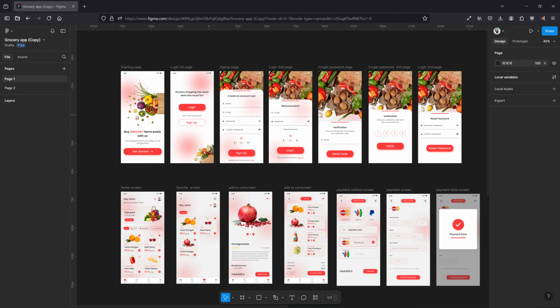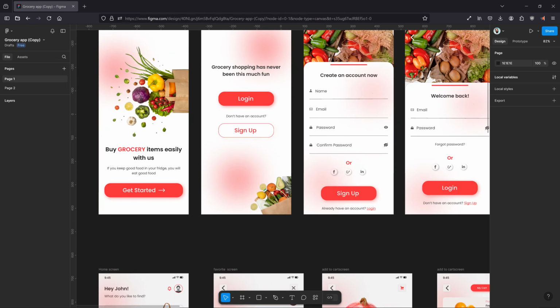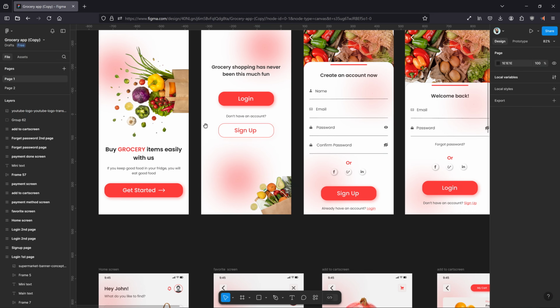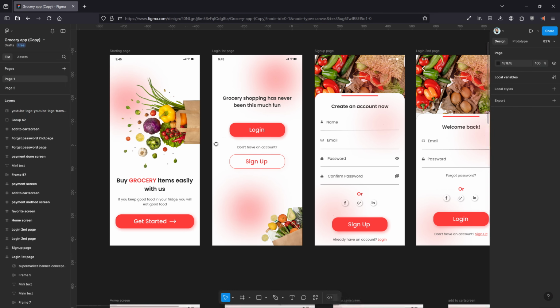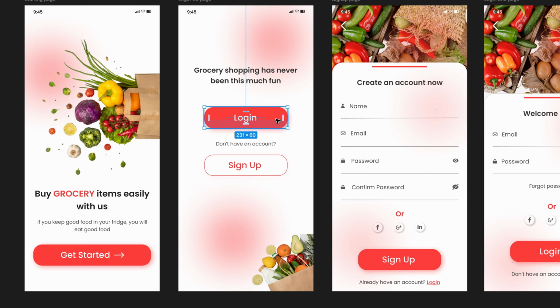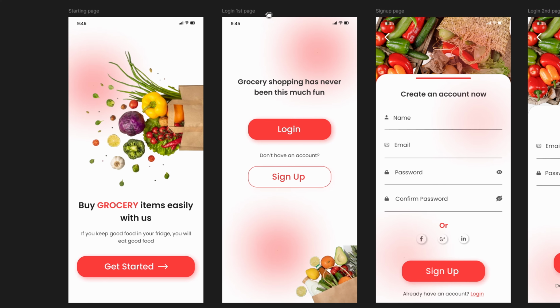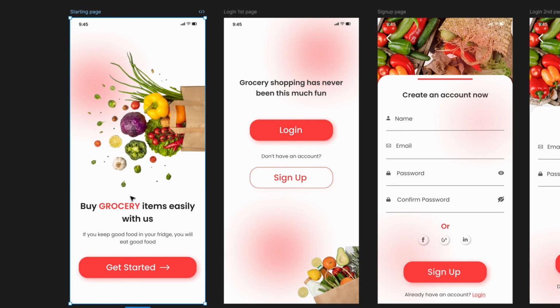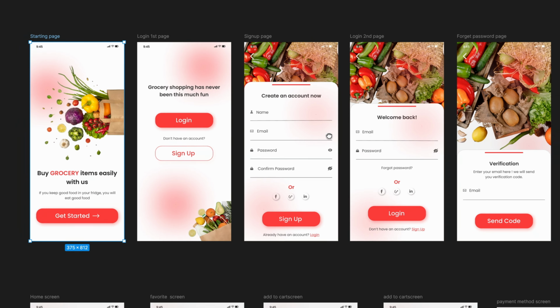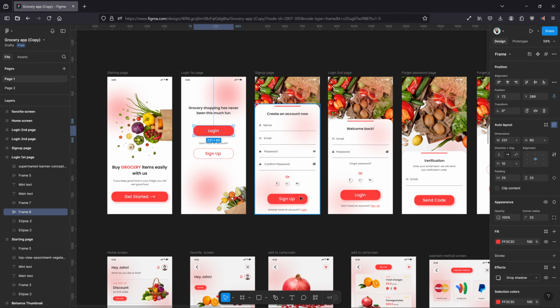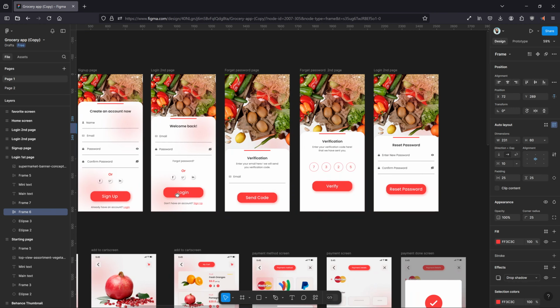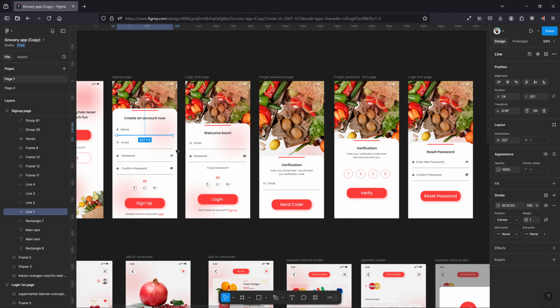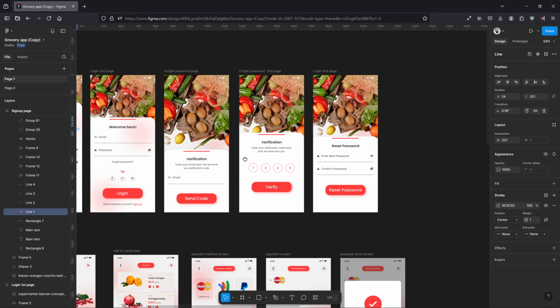Let's open our Figma design file and analyze this a little bit. As you can see, this is our primary color and we have an image. First of all, we're going to do this page here and then we'll move on to the next. But you can see this button has been shared all over the app. Also this text field has been shared on many pages,